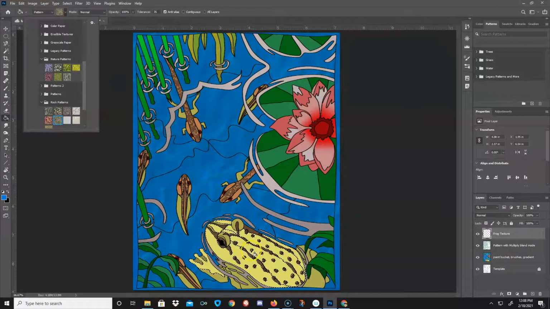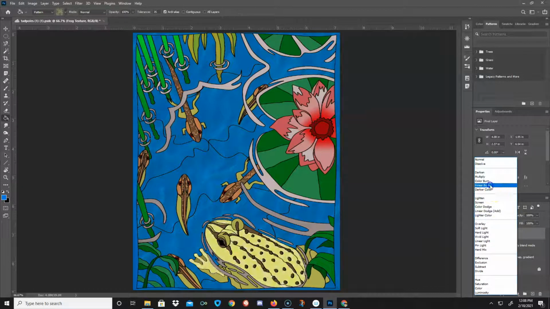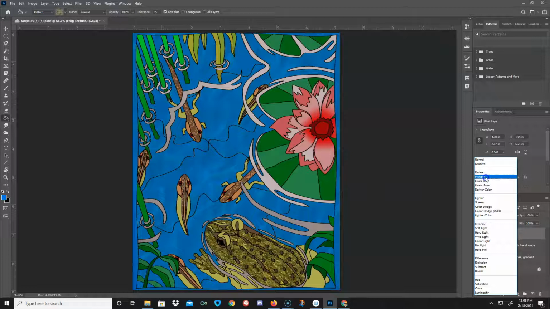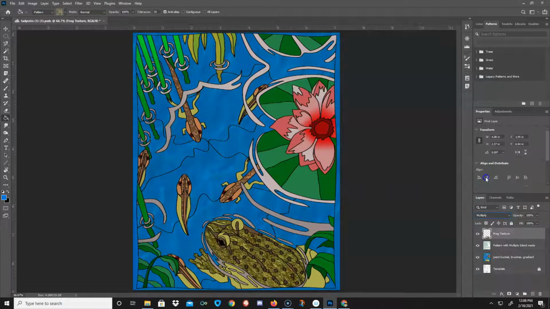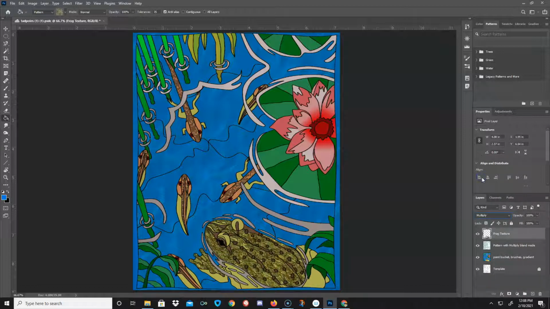Kind of have to do a little experimenting. That kind of looks okay. I'm going to deselect. All right, but that's way too strong. Let's see what happens when we multiply. Right? Multiply kind of brings them together, right? Normal, it's more browns, right? So let's multiply this layer to maintain the greens of the original frog, but that's way too much texture for me. So I'm going to just drop this